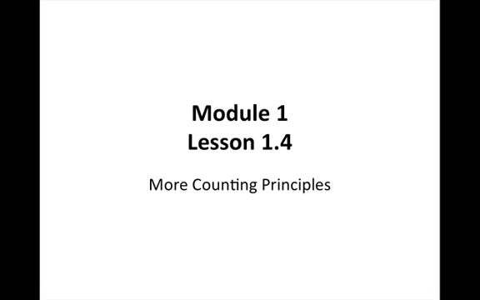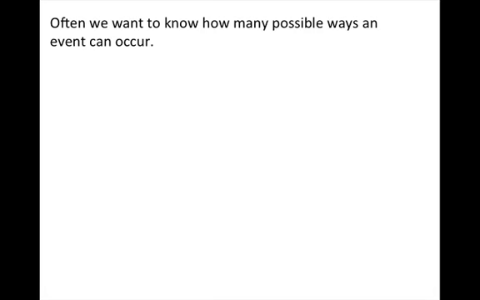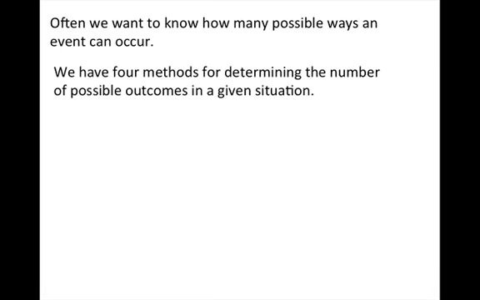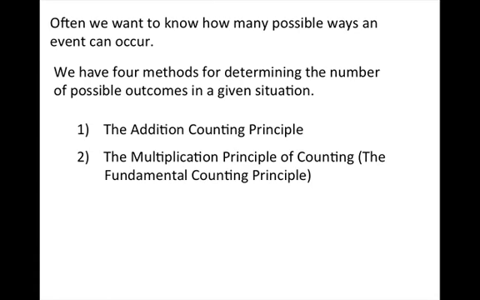Lesson 1.4 focuses on more counting principles. Often we want to know how many possible ways an event can occur. We have 4 methods for determining the number of possible outcomes in a given situation. We've already looked at the first 2 methods in a previous lesson, the addition counting principle and the multiplication principle